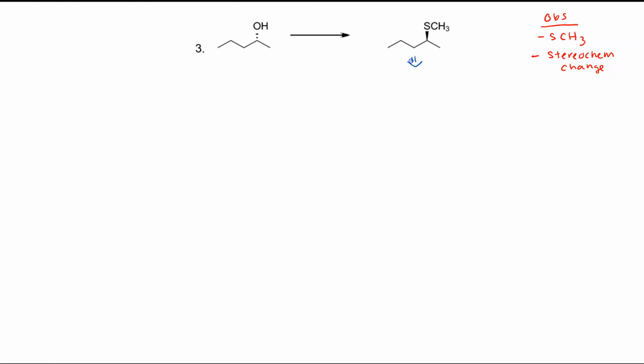And if I want to do an SN2, I need to have something here with a leaving group. And if I look immediately back here, I already have the stereochemistry that I want to invert this one. And there's an OH here, which is a bad leaving group. So then I need to make it a better leaving group from the OH. So that's the backward synthesis. If I go forward now,